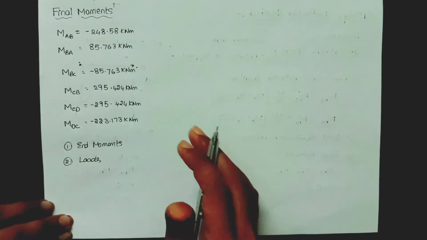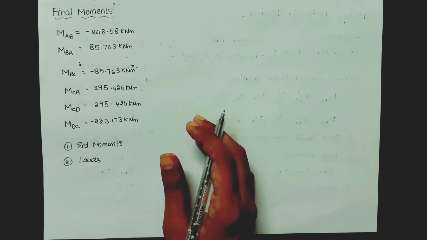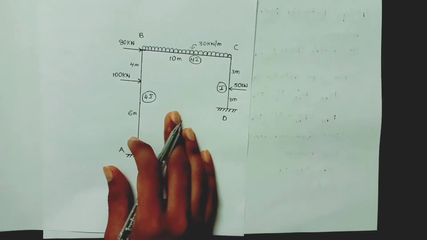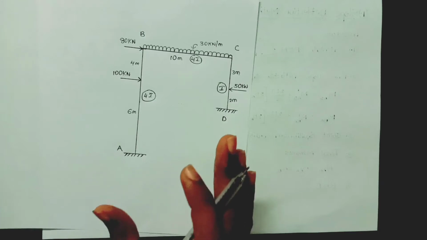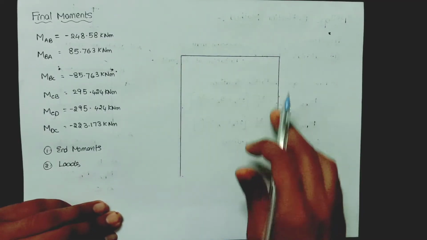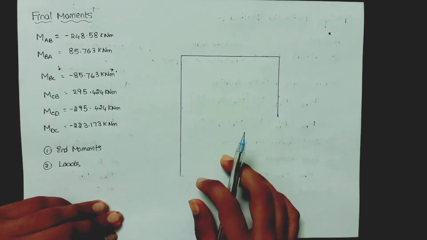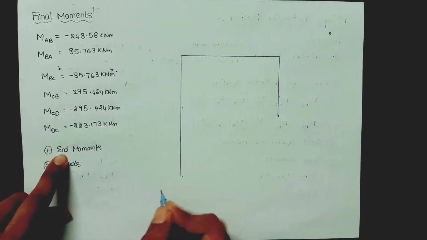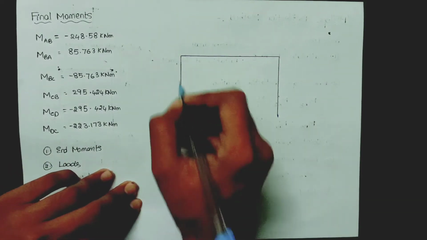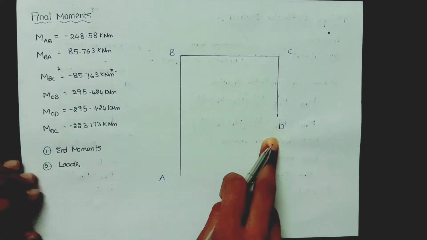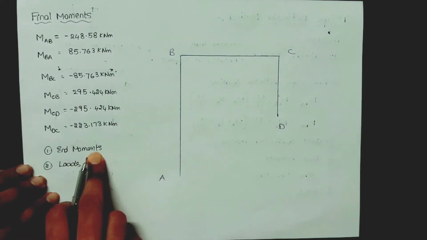To start the bending moment diagram, this is the frame, right? First we have to remove all the loads and supports from the given frame and draw just the free body diagram of the given frame. So I have removed all the loads and simply drawn the free body diagram of the given frame. To start with, the first one is the end moments. We will give the naming for each joint: this is A, B, C and D. So the first step is to indicate the end moments.